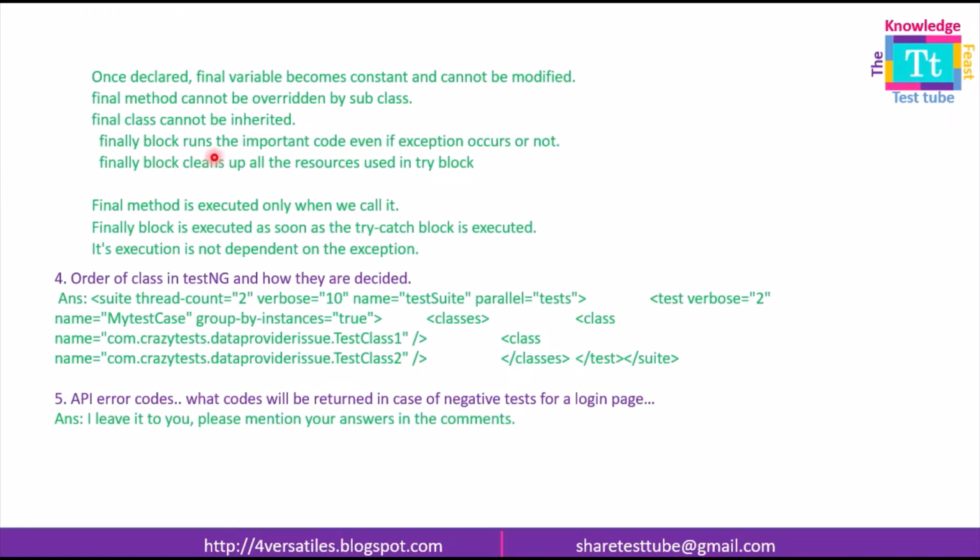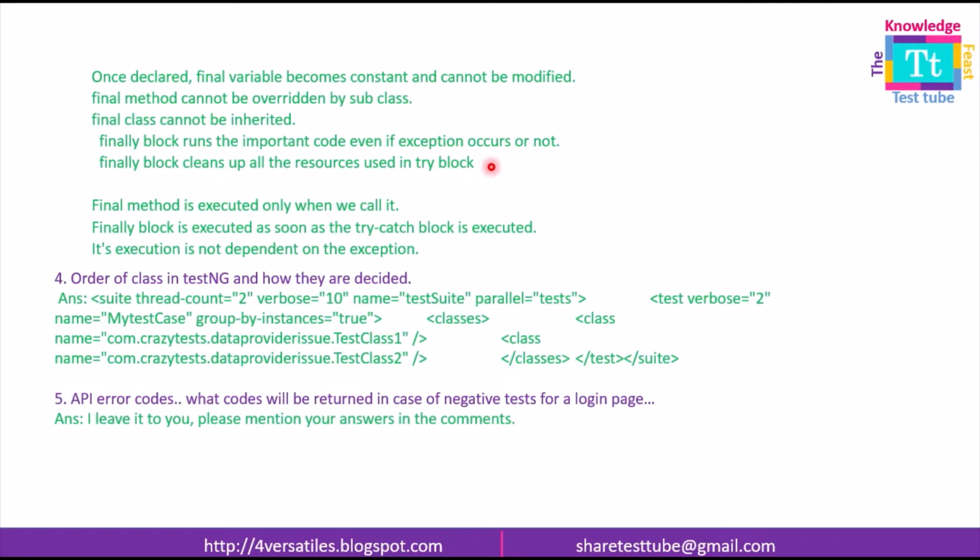Whereas the finally block will run the important code even if the exception occurs. So the most common way of declaring a try catch block is you'll declare try and you will execute some statements, and when you execute those statements, just in case you happen to face an exception, then you will define how to handle that exception in the catch block. And after the catch block you can add one more block which is finally. So when you add the finally block, it will execute those lines of code